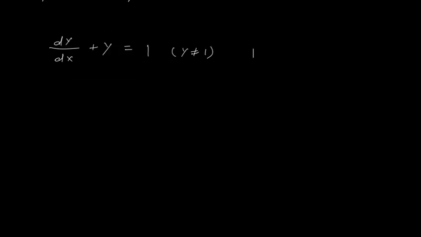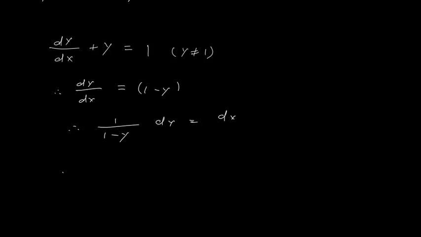Third question is dy upon dx plus y is equals to 1. So therefore dy upon dx is equals to 1 minus y. I have to move all x with dx, all y with dy. So this dx will move on right and this 1 upon y I will move on left. So it becomes 1 upon 1 minus y dy is equals to dx.